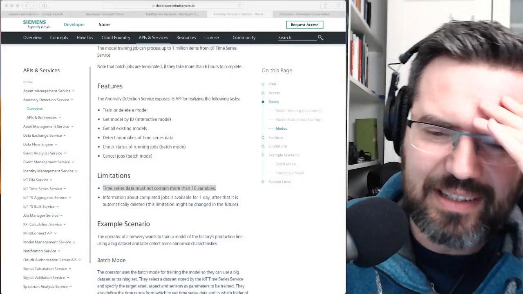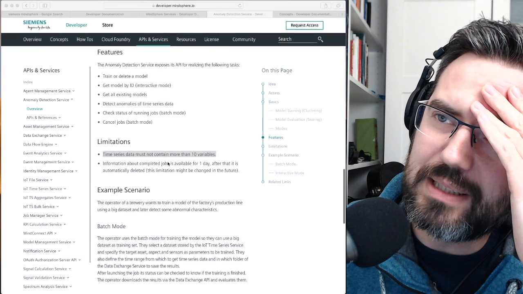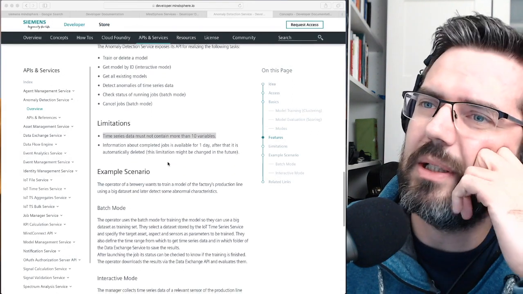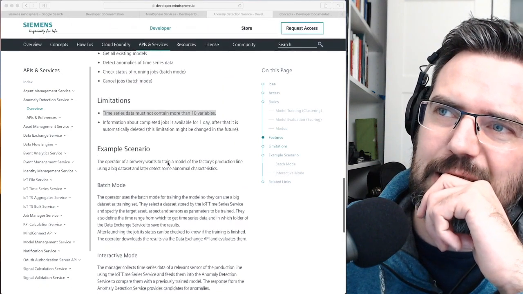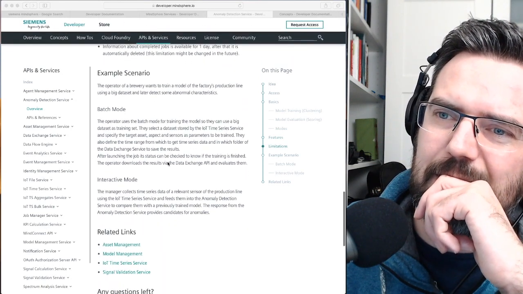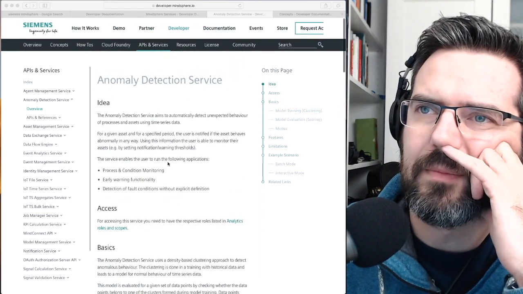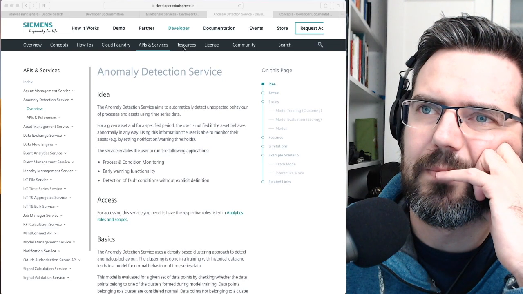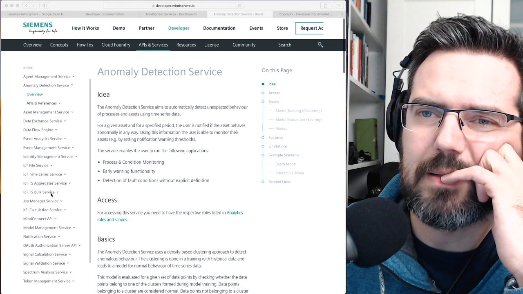Not very much. Time series must not contain more than 10 variables. This is bad. Information about completed jobs is available for 1 day. Batch mode, interactive mode. I don't like this.